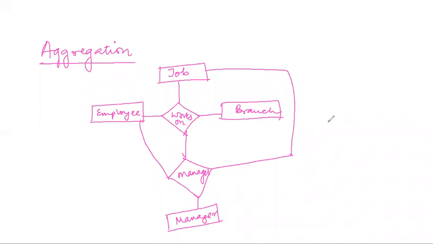So it is handling three types of entities, and this manages relationship set, manager manages the jobs and manager manages the employee, right? And also manager manages a particular branch also. We have the branch office managers. So this is one example of the concept of aggregation,